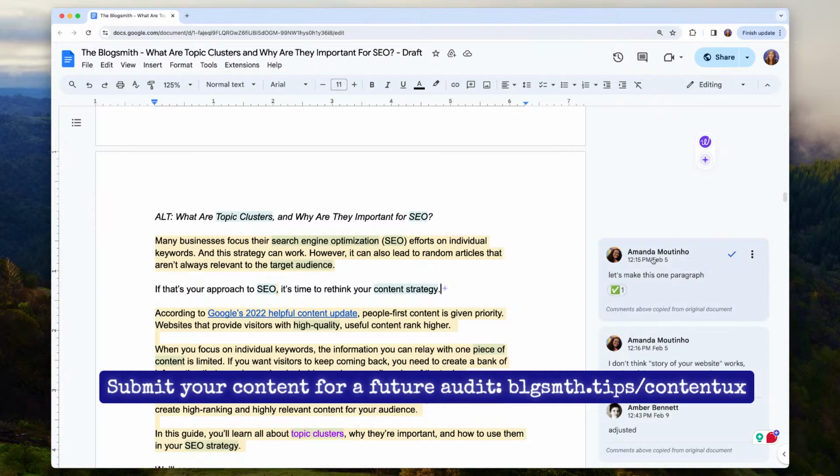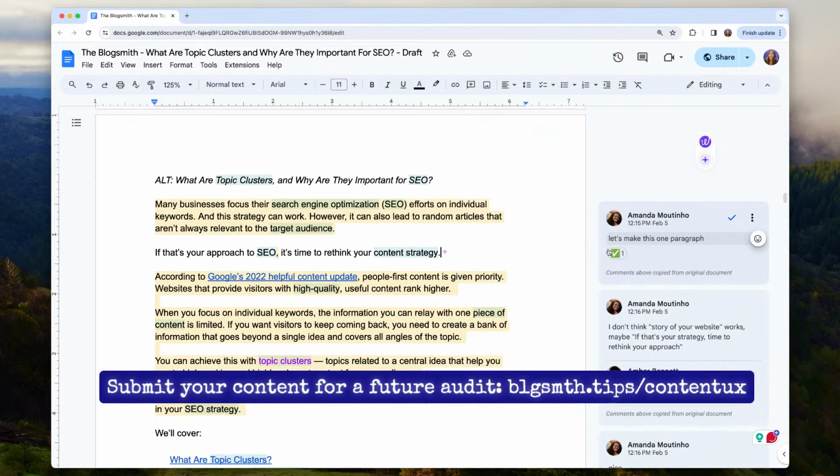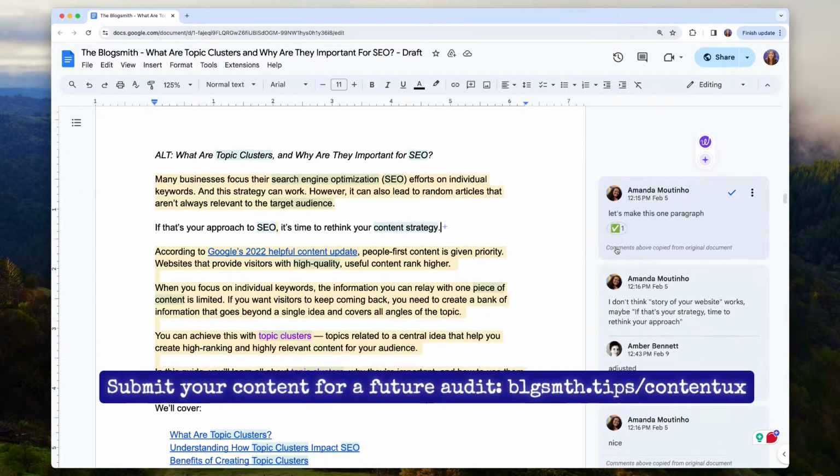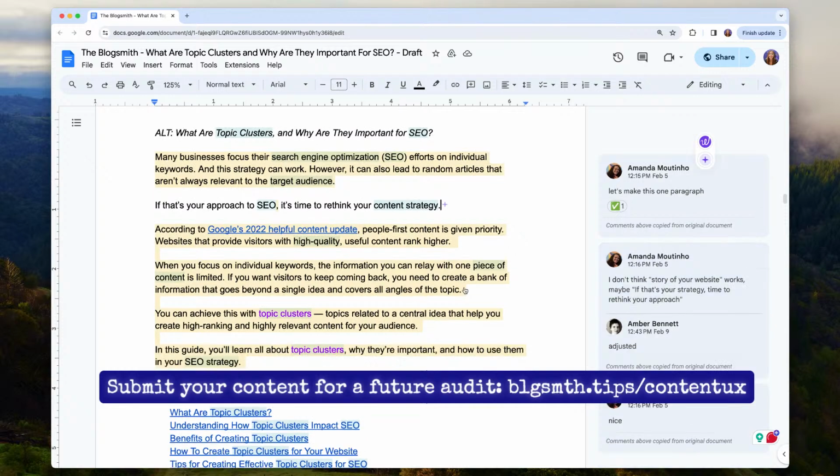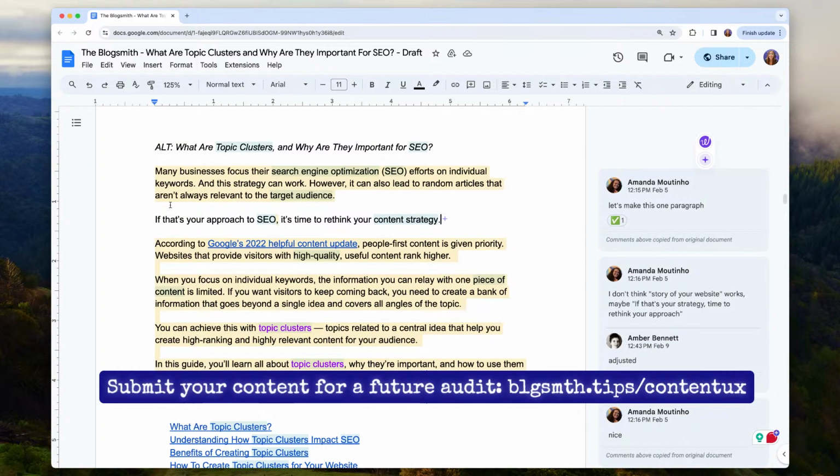So, you'll start to see some basic suggestions in terms of formatting and flow, different ways that we could go about saying things. We try to keep the intros fairly short and sweet, enough to entice the reader to want to click through, or not click through, but scroll through, keep reading.